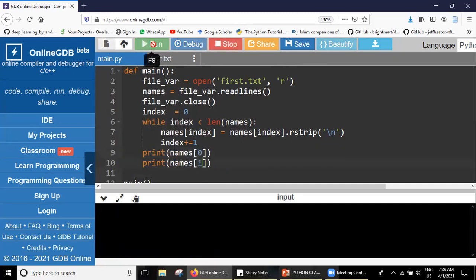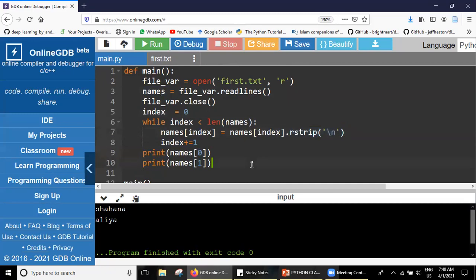So this is only one of the ways. Previously, when I was directly trying to print names of 0 and names of 1, it was not giving me this, and that's the reason I wanted to convert this names list in the form of an indexed one. That's the reason I have written all of these codes, and every time what I was doing is stripping this slash n.